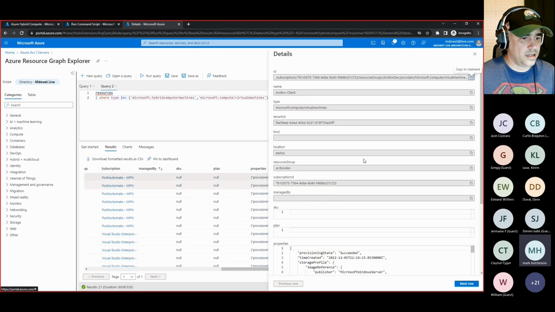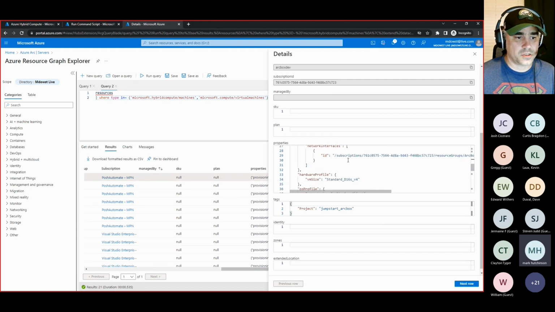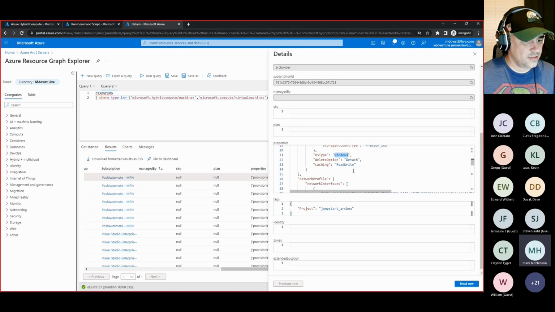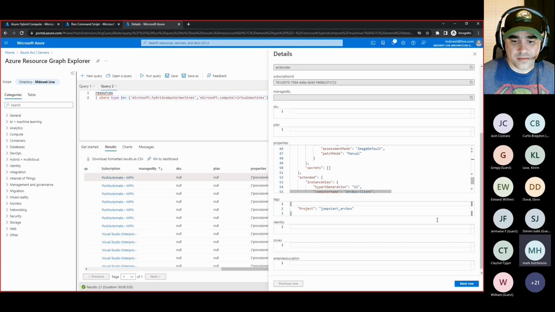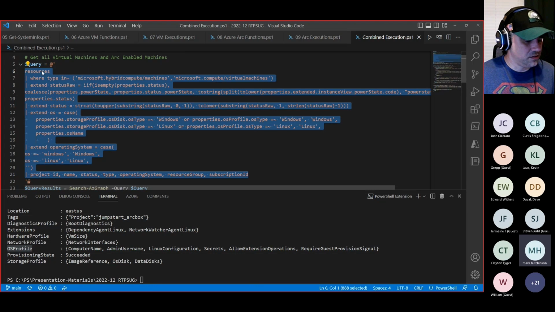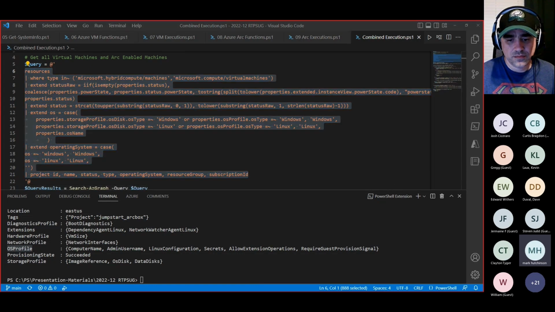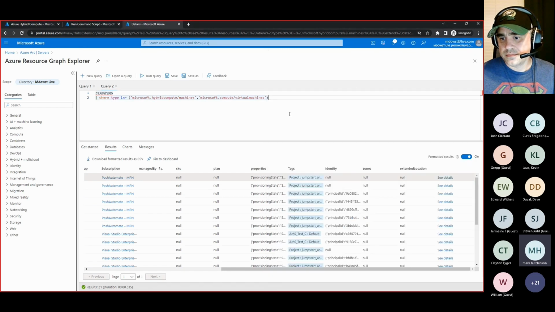You can actually drill down into the full details of these and see all the information on them. Oh, hey, look, there's where it actually says that it's a Windows machine. So what that allows me to do is just write a quick thing. And this looks like a lot, but it's not. If we break this down real quick,